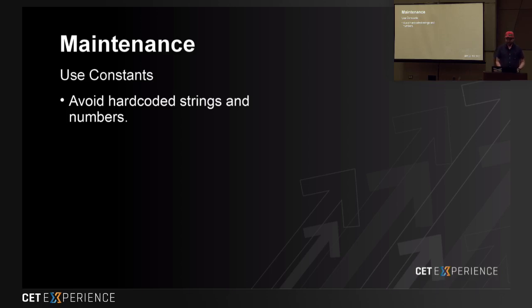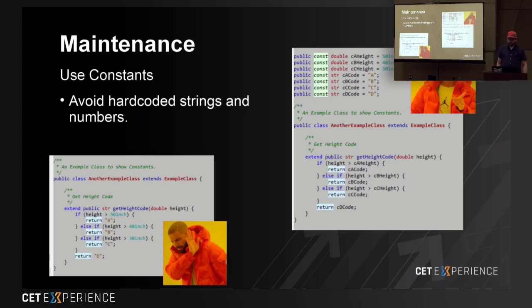to the right things. And as with variables, ensure that names for constants make sense. Properly naming the constants will also document them as well. So as an example, on the left, I show an example of a code block that doesn't use constants. On the right, I show one that does. The one on the right is in general much cleaner and has the same meaning as the one on the